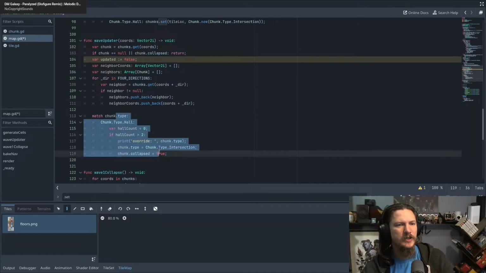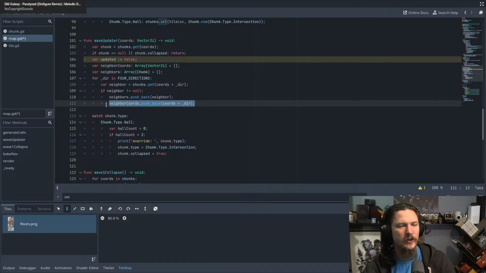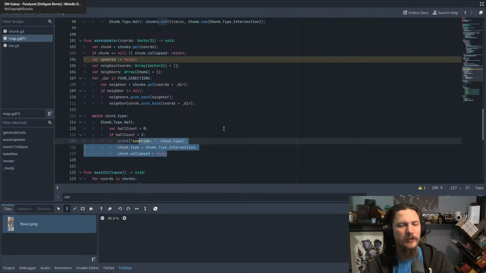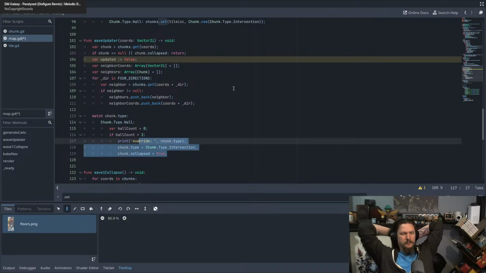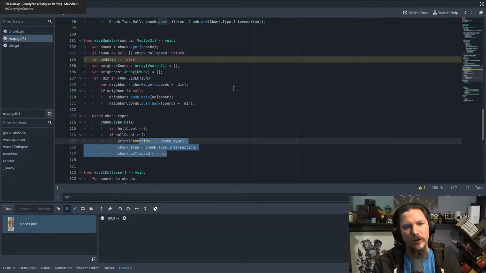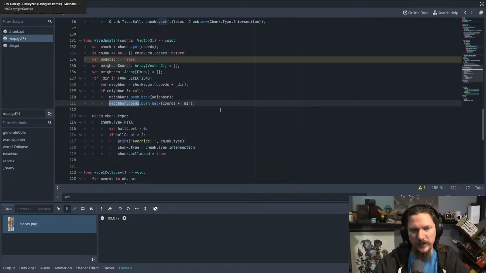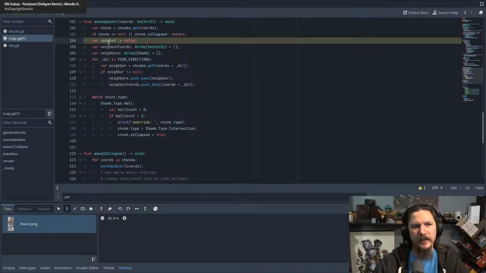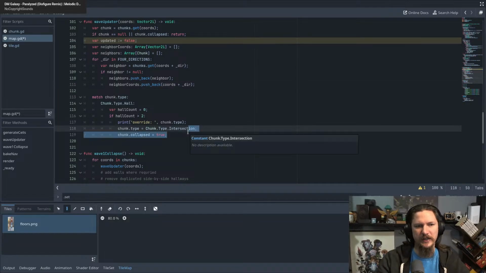That way, in our logic down here, if we need information about a neighbor, like this one does, then we can get it and use it. But in a waveform, all of them are going to require information. The reason we're storing the coordinates is so that if updated is true at the end here,